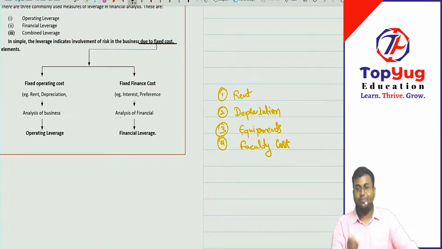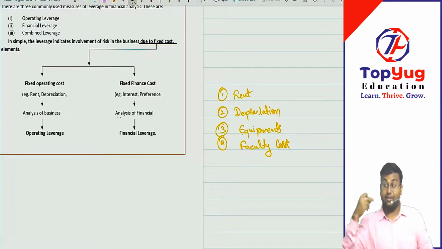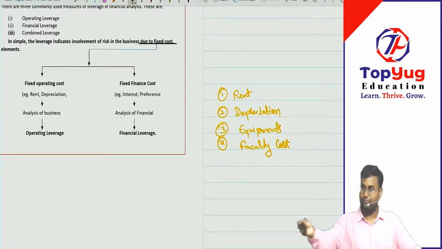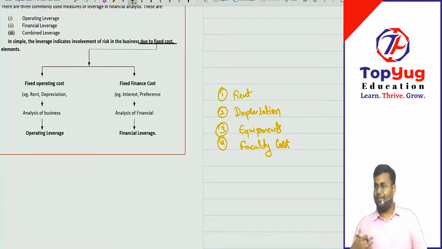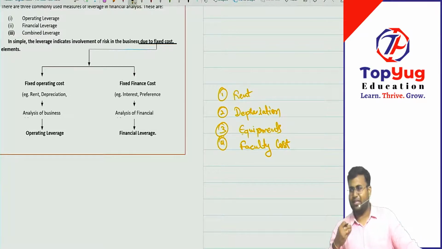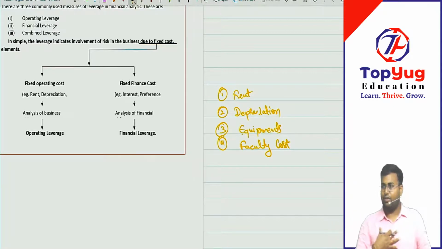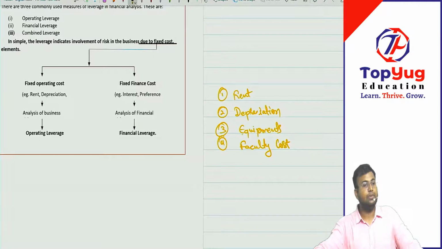is there a difference between a faculty cost and rent or depreciation? Just try. That's why all senses open. Is there a difference in terms of nature, in terms of category, in terms of qualification? Use all your accounting knowledge. You have passed 11th, 12th, right? So use all your accounting knowledge. Tell me, is there a difference between faculty cost in some manner as compared to rent or depreciation?